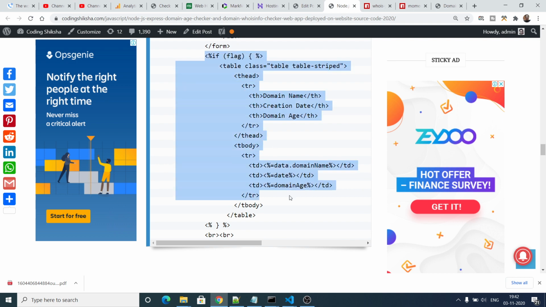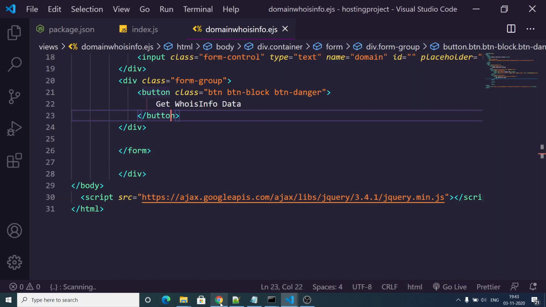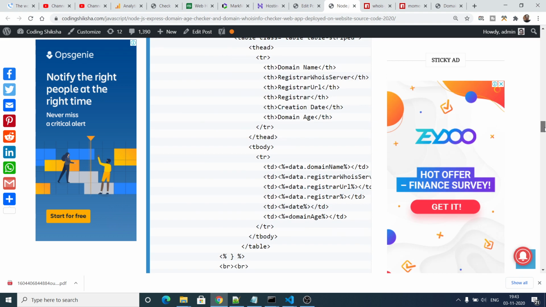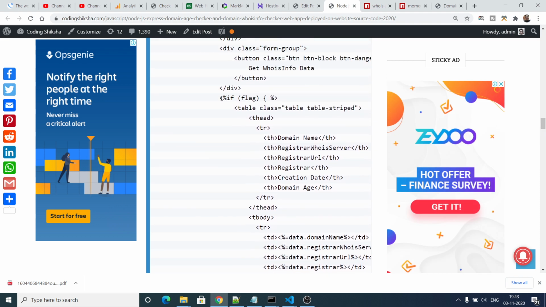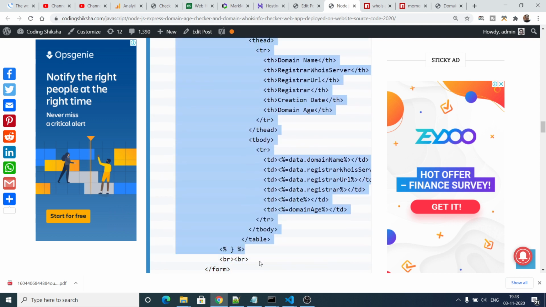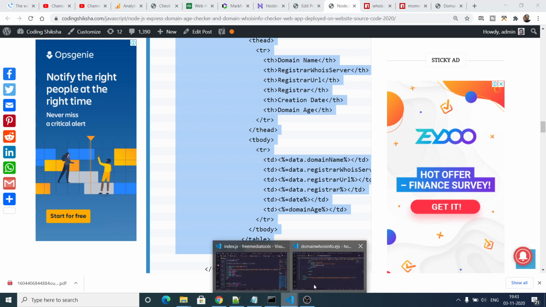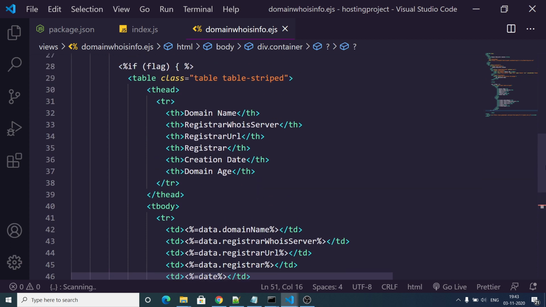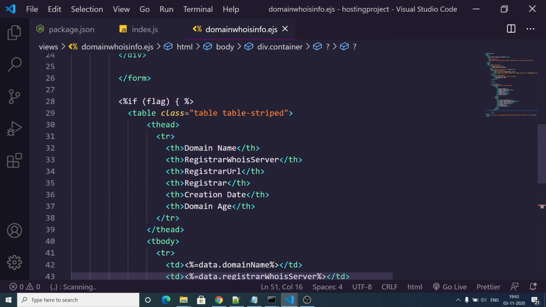You simply need to copy paste this block of code, Control C, and inside your project, after this form completes, paste it. So let me just explain the code. Here we are checking this boolean parameter. If the flag is set to true, then only execute this code.